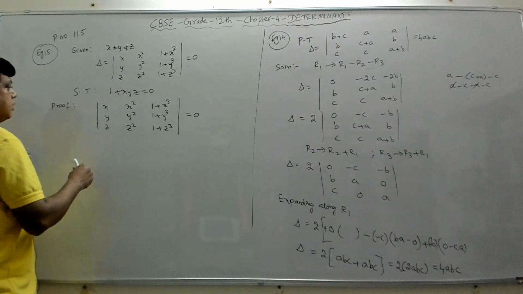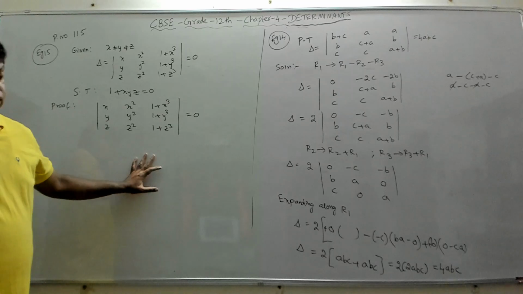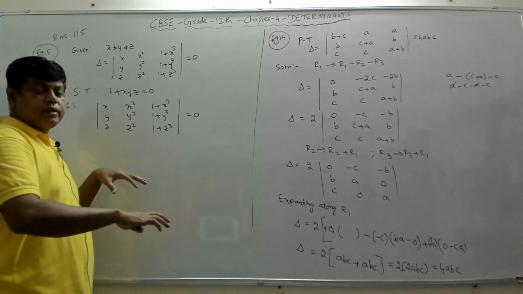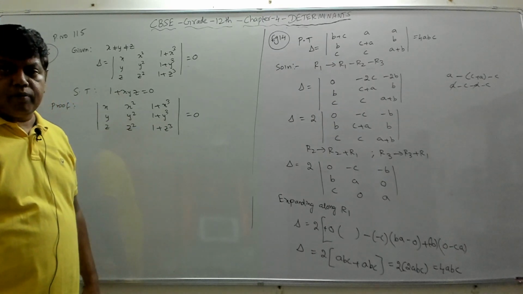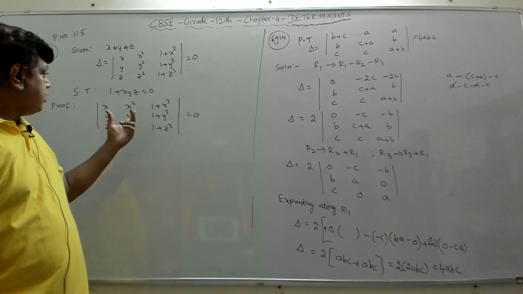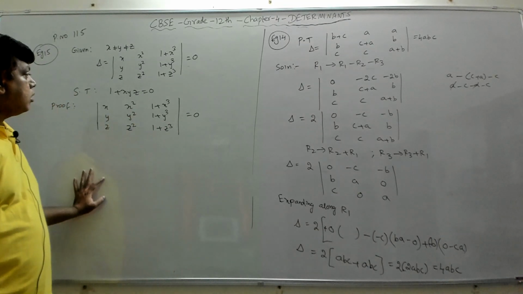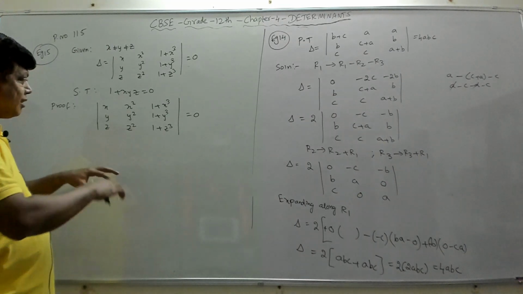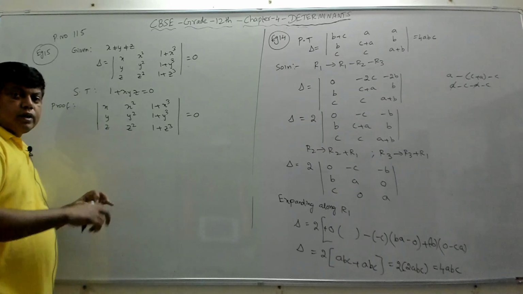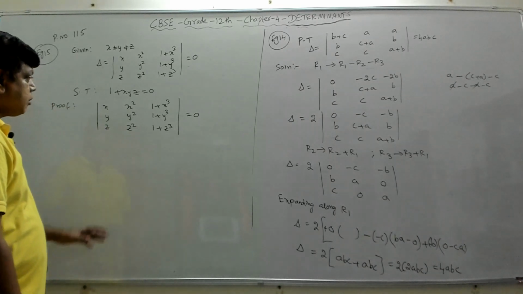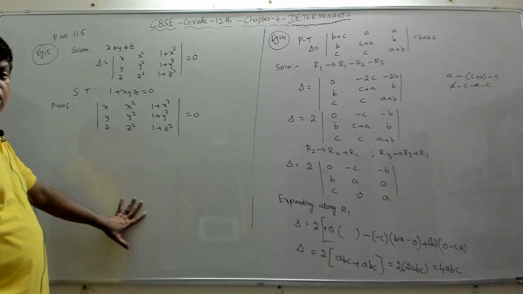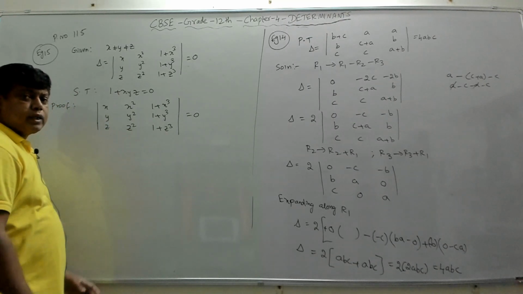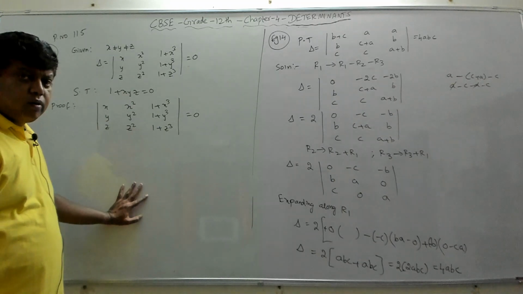Now again, if you observe this, you see that column 3 is written as a sum of 2 terms. Then we can break it as a sum of 2 determinants using property 5, which says if a particular row or a column is written as a sum of 2 or more terms, then the determinant can be expressed as a sum of two or more determinants. That is your property 5.